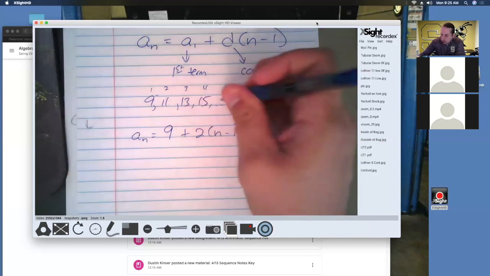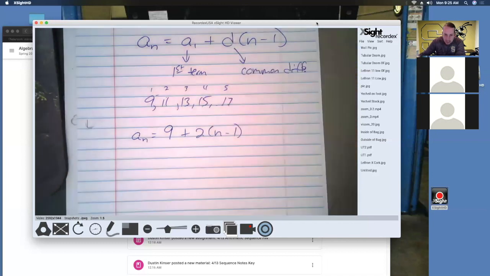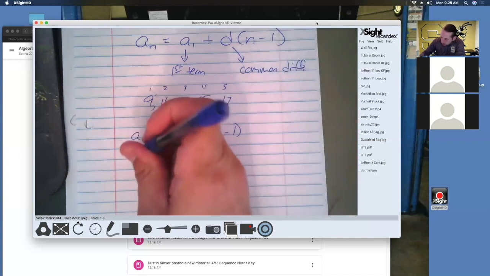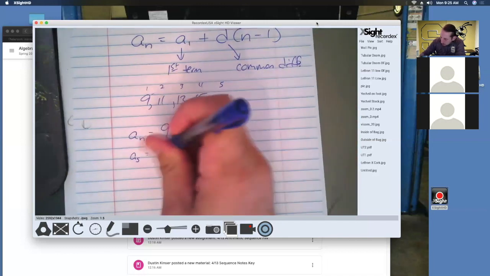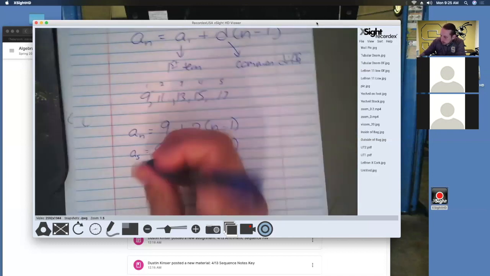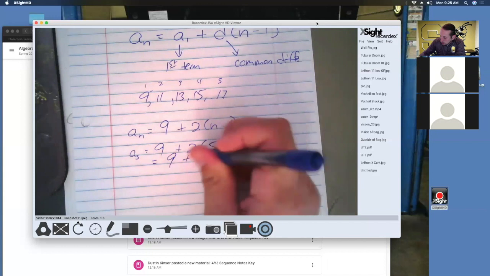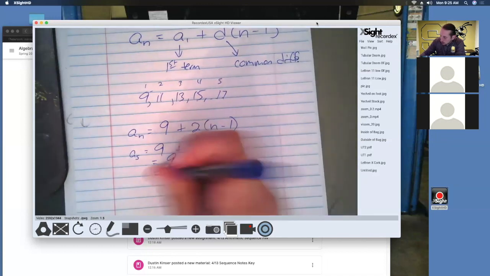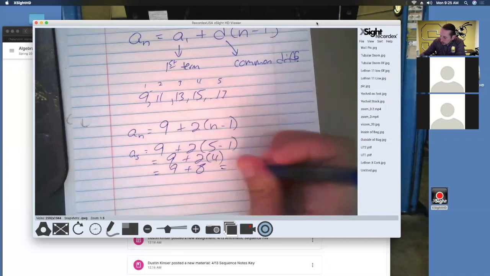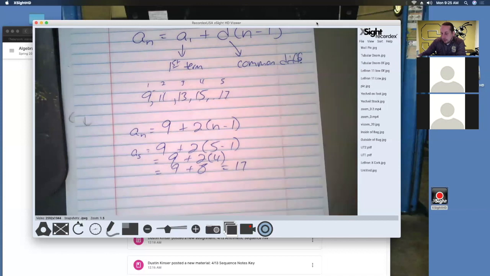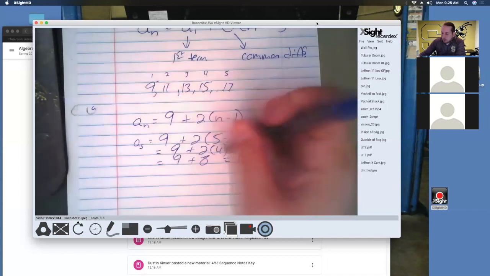Well, I know the 5th term is number 17, right? Because I got to add 2. But look what happens when I plug in 5 in here. So say if I wanted to go through and calculate it, 5 minus 1 is 4. So that's 9 plus 2 times 4. So I get 9 plus 8, which is 17. Which is true. So again, I wouldn't use this formula to figure out the 5th term, but if they ask you the 12th term,